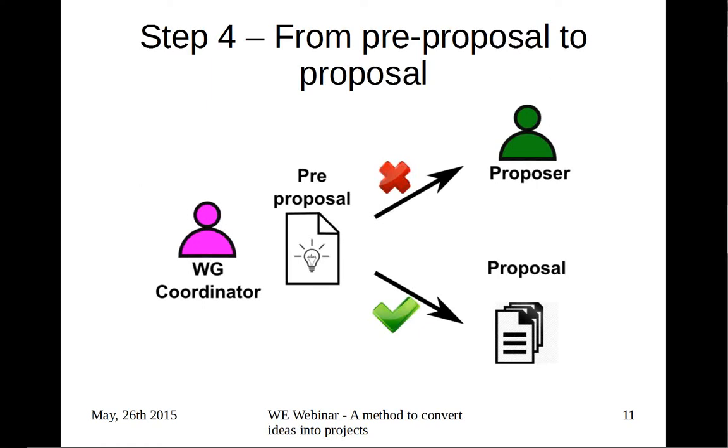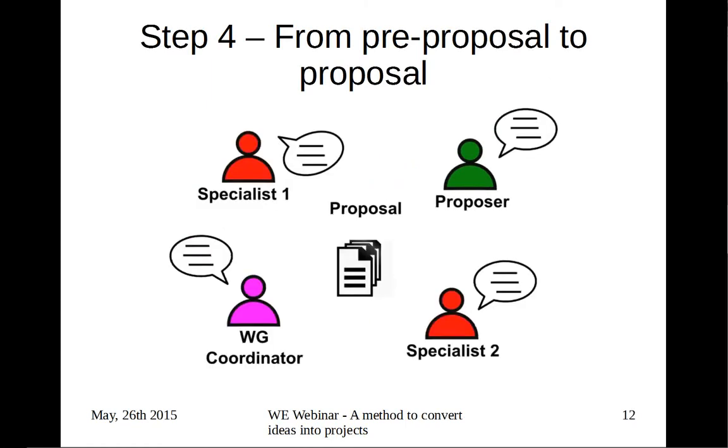If there's nothing like that and the idea is quite good, the working group coordinator now gets this pre-proposal and is going to boost it up into a proposal, which means the working group coordinator sees what the proposer is sending, looks at the proposal, sees it's useful, it's interesting for the working group for wind empowerment. The working group coordinator then makes what we call a proposal meeting, where the working group coordinator calls the proposer and